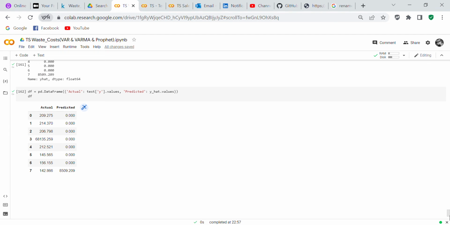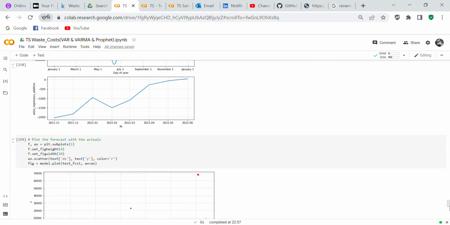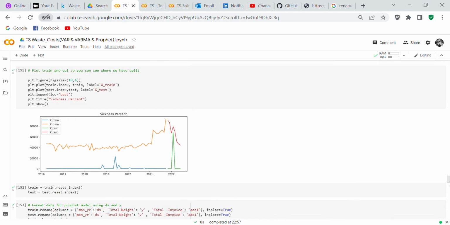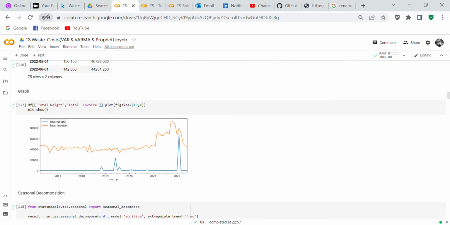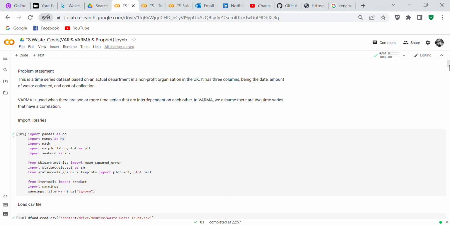So you can see that FB Prophet didn't perform very well for this data set, but this is just an example of how you can use FB Prophet in a multivariable data set. And even though it didn't perform very well on this particular data set, you can use this code on another data set and it might perform better. So that's it for this video. We had a few mistakes that we had to correct,